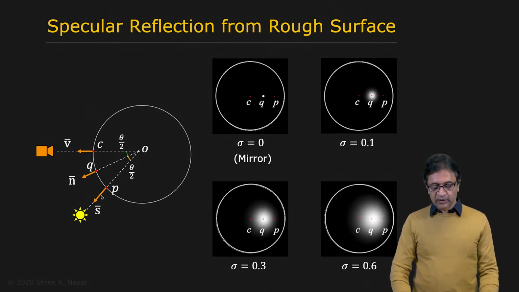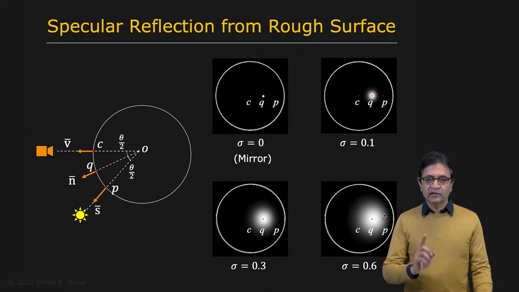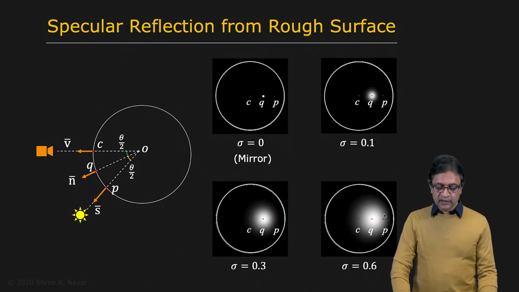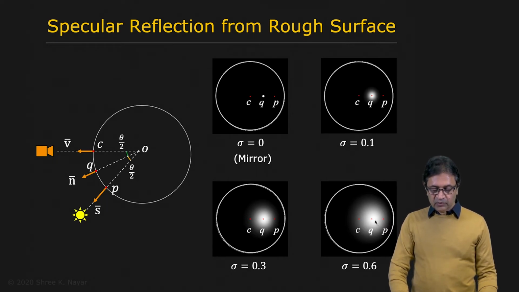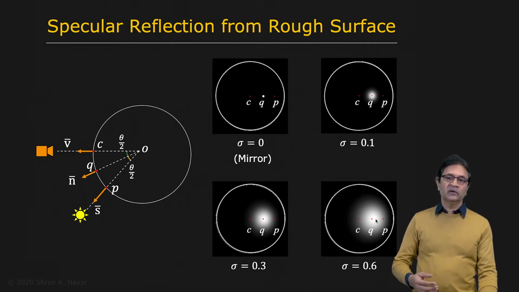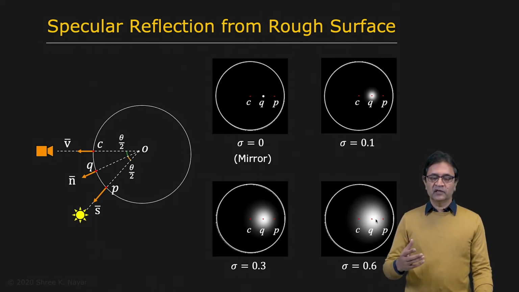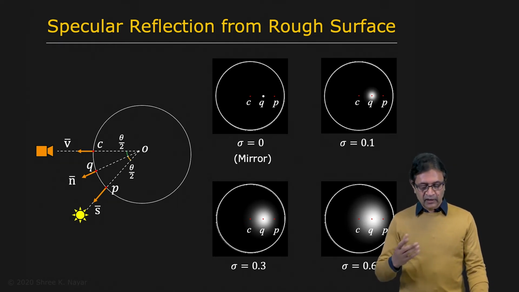If you increase sigma a little bit, you see that you start getting this lobe. It's what we call a highlight, a lobe right here. You increase it further, and the lobe starts getting broader and broader. One of the interesting things about this Torrance and Sparrow model is that in this case, when you have a fairly rough surface, the brightest point is not Q. It's usually a point that is further away from Q. It's on this side, on the right side of Q. And that comes from all of these geometric effects that we talked about, masking, shadowing, and so on.